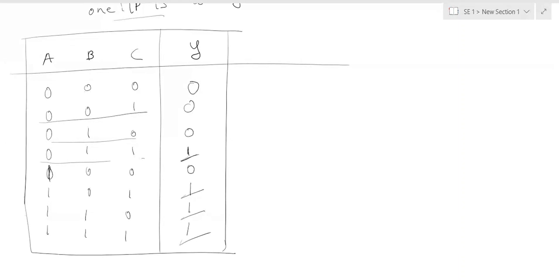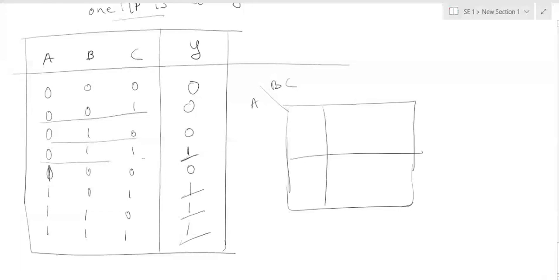Now how to identify the expression? First plot the K-map. Plot the truth table onto the K-map, with A, B, C. The inputs are given from 0, 0, 0 to 1, 1, 1.